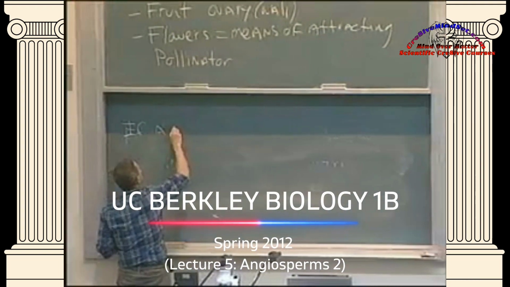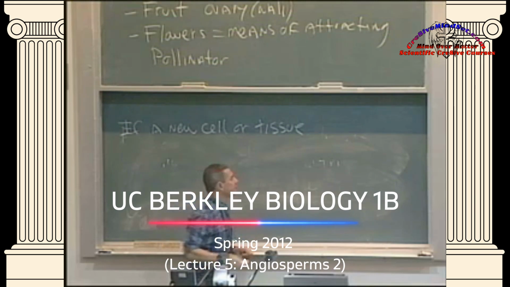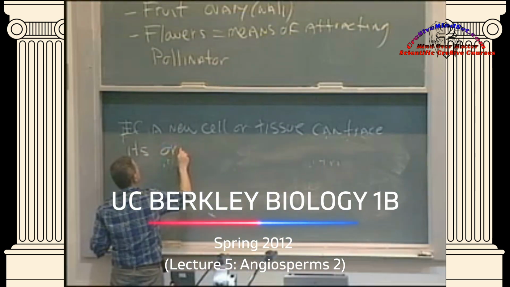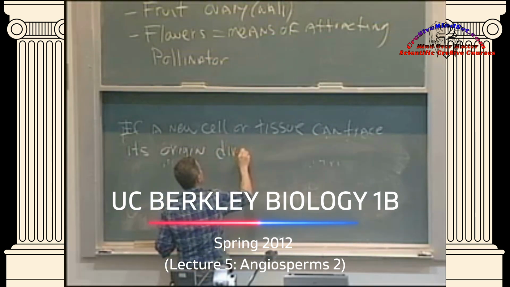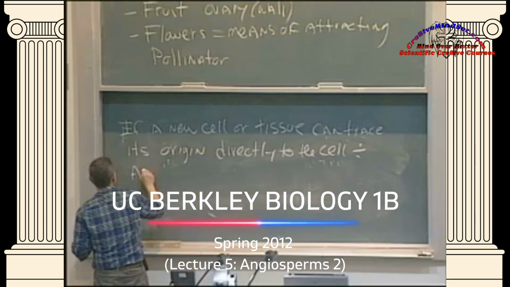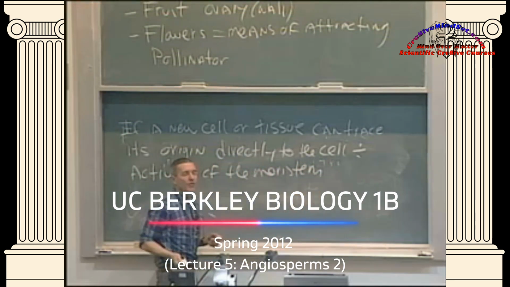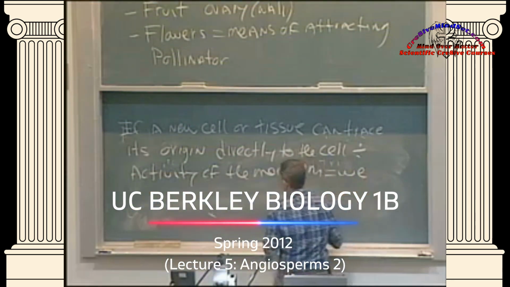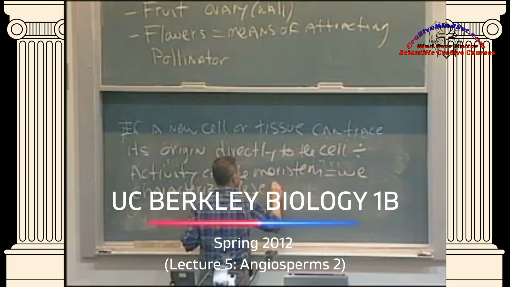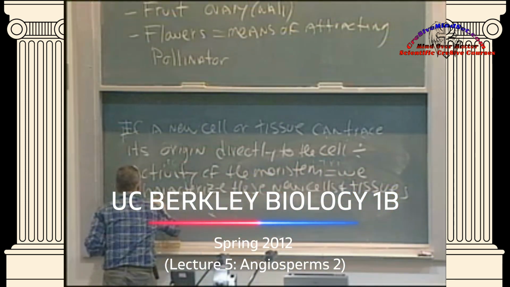If a new cell or tissue can trace its origin directly to the cell division activity of the meristem, we characterize these new cells or tissues as primary. So they are primary cells,